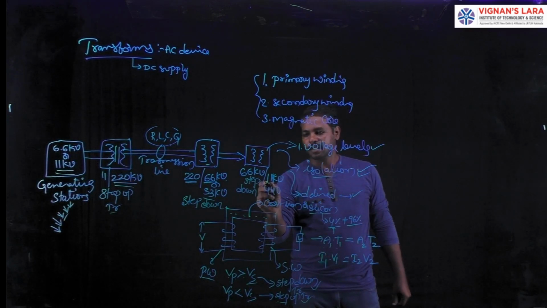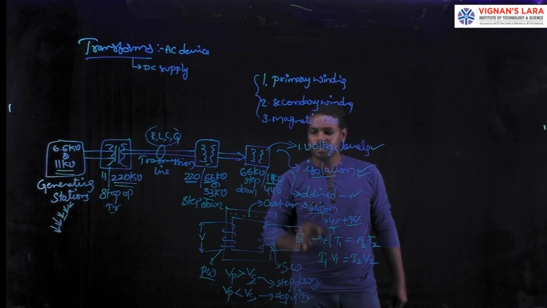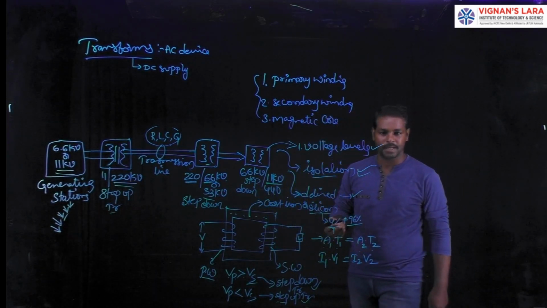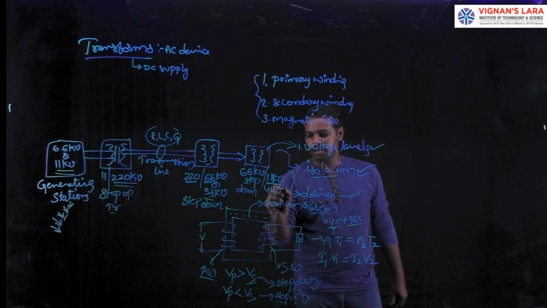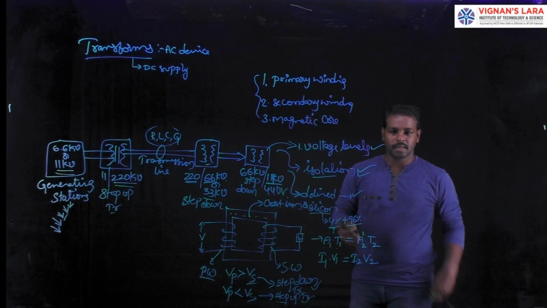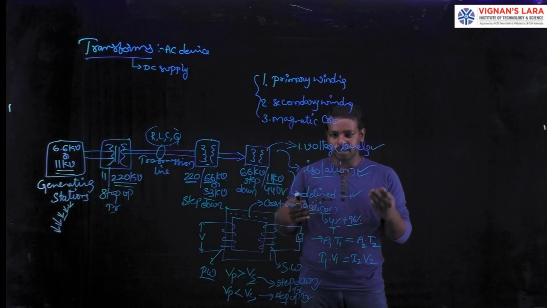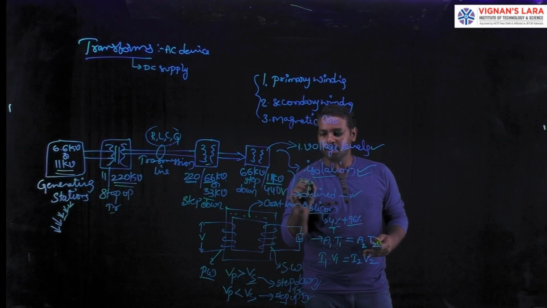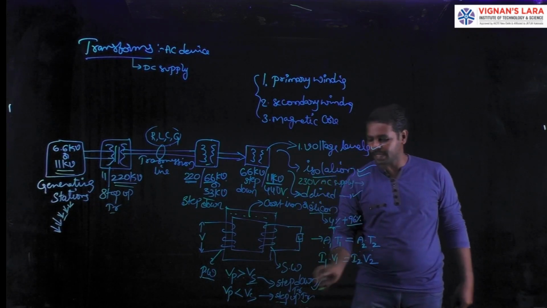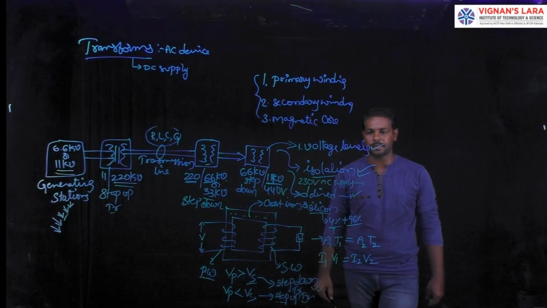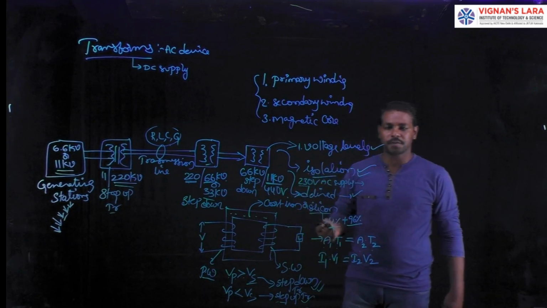In a similar fashion, 11 kV supply is used for industrial or commercial applications. A 3-phase supply of 440 volts is used for agriculture purposes. For any domestic applications, fans, lights, we use the 230 volts AC supply, which is also provided by transformers. So that is the need of transformers for human beings.